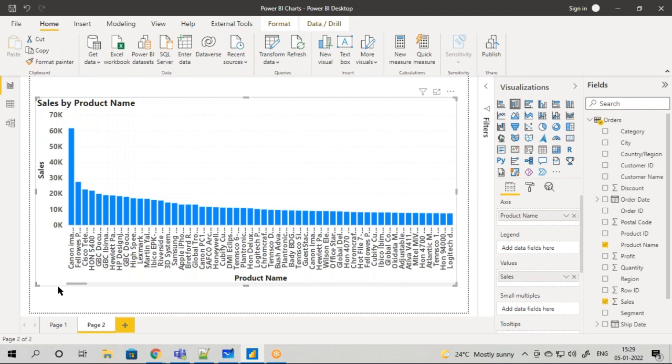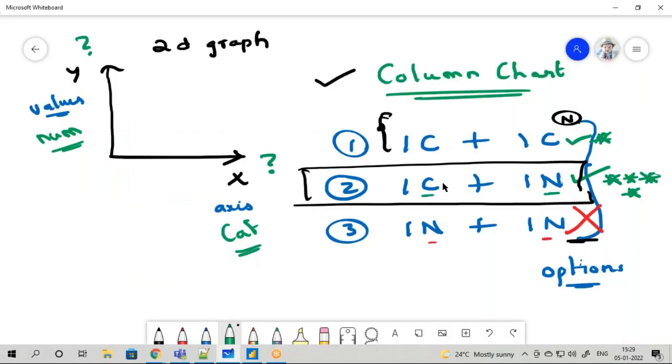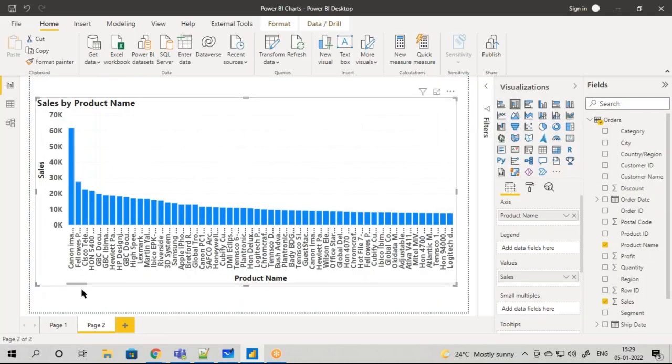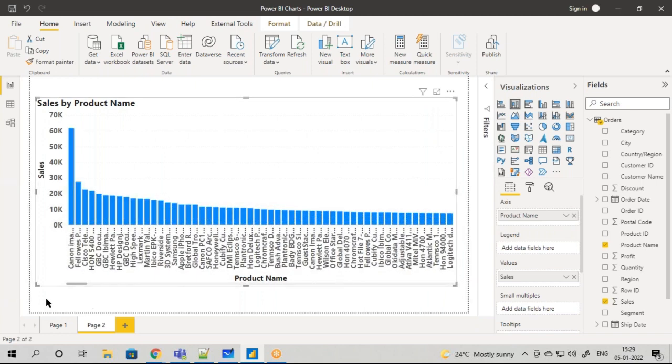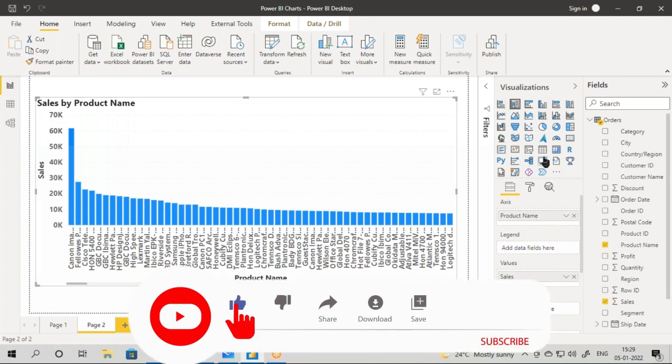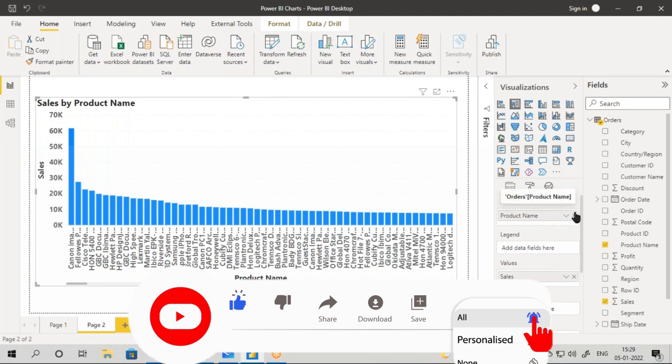Now how to fix this? Column chart was very useful for a minimum number of categories. Let's say it is having 5 categories, 6 categories, 10 categories, it is readable. But what happens here, since more number of categories are there, this chart again goes into a non-readable format. Now how to fix this? We will see an alternative chart for this. So that's all about the column chart. What if the number of categories is more?